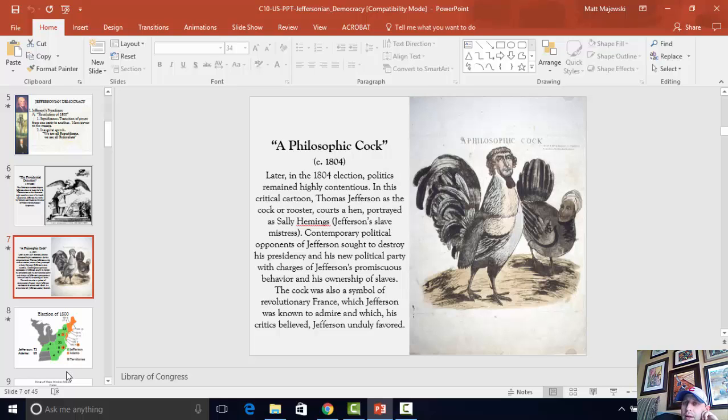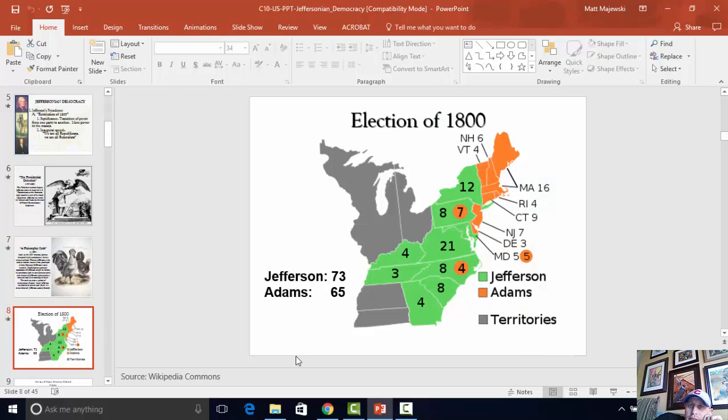I don't know if you know this or not. Jefferson had a relationship with one of his slaves. They had many children together. People knew about it, and so they're trying to basically disrespect him, I guess you could say. They're trying to destroy his presidency by declaring that he's promiscuous, that he's engaged in sexual relations with his slaves, that he can't be trusted or relied upon. So these are smear tactics, right? Bringing his personal life in here to try to maybe destroy or undermine his political will as well. All right? Let's go to the next slide.